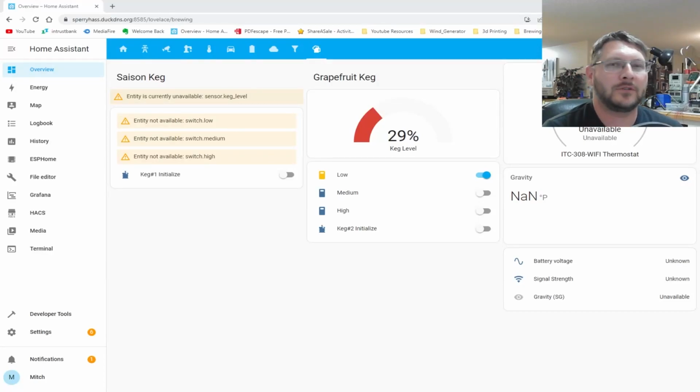Welcome to another video. Today we're going to be checking out, finally, part 2 of the big anticipated keg management system. So today we're going to be showing how to actually set up and finish this to build ourselves a card that shows us what percentage of the keg is full. We'll also have some scripting that will show us what kind of LEDs to turn on for high, medium, and low. If that sounds like something you'd be interested in, stay tuned because it's coming up right here, right now